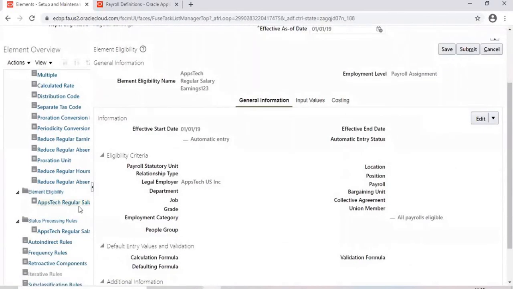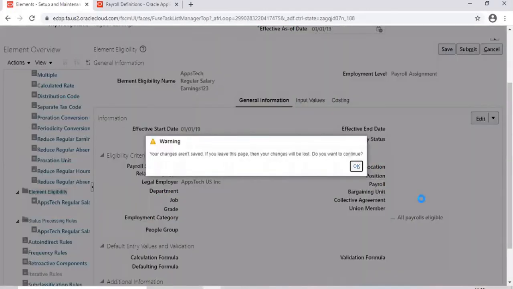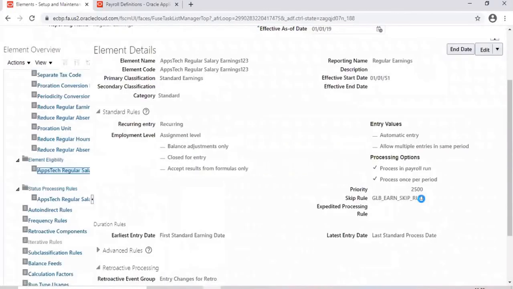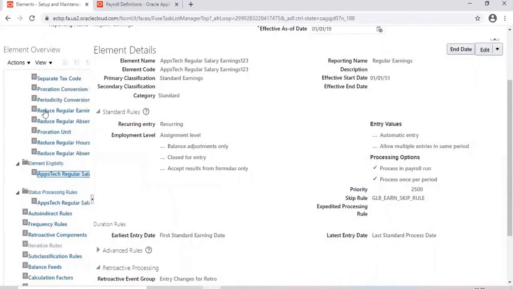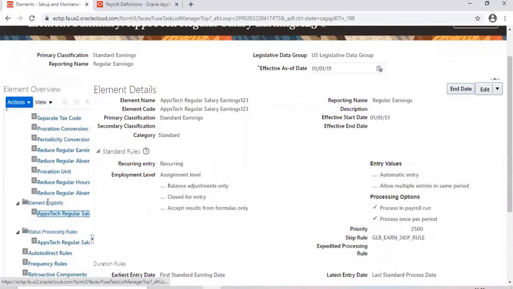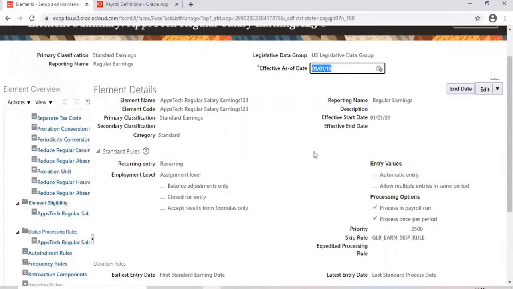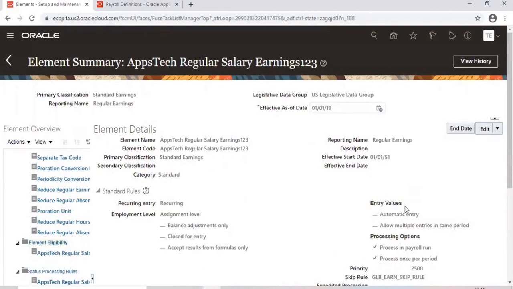You can create another eligibility profile from that date, from 2019, and then you can link that payroll. You can do that, but as I said, it is always advisable that dates should be in sync. You can create another eligibility profile from 2019 onwards, and then attach that particular payroll.